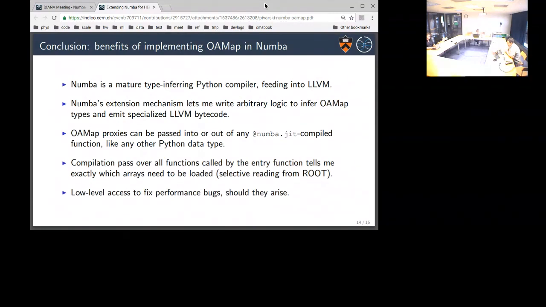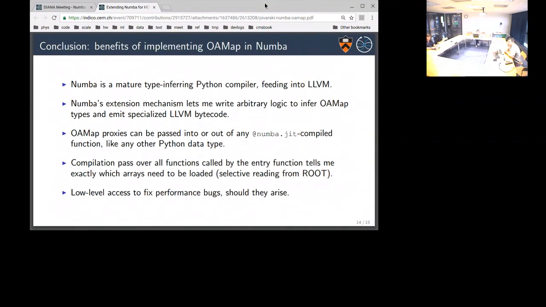So I get, as a side effect of the compilation process, a list of all of the arrays that this function and all the functions it calls touch. So before we enter into the calculation, I know a complete list of arrays that need to be selectively read from ROOT, and we never read too much.